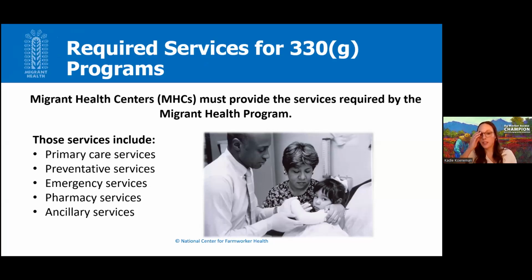Although the size and the extent of the services varies by health center, the majority do provide comprehensive care within their networks, although it's not uncommon to have health centers that offer basic on-site services and then refer patients out to a larger clinic within their network for additional services. As a rule of thumb, the larger the budget at the center, the more comprehensive the services the health center can offer. But at a minimum, these are the wide range of diagnostic and support services that the federal government requires: primary care services, preventative, emergency, pharmacy, and ancillary.